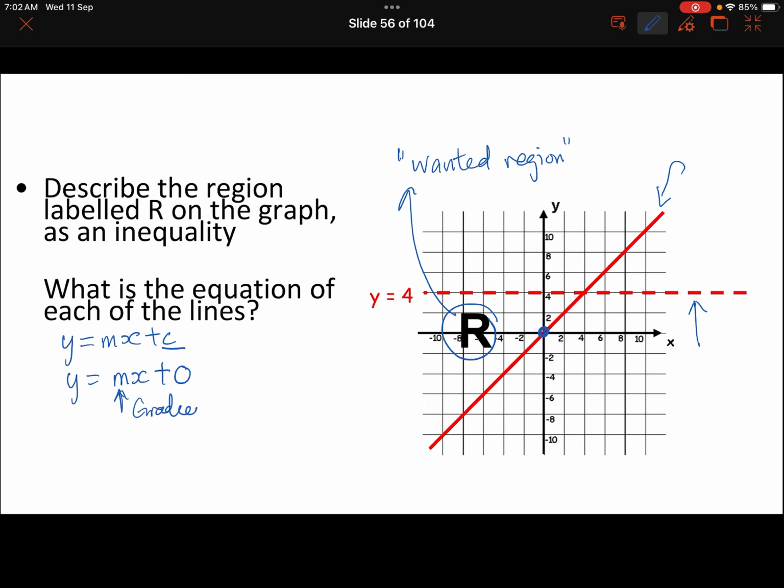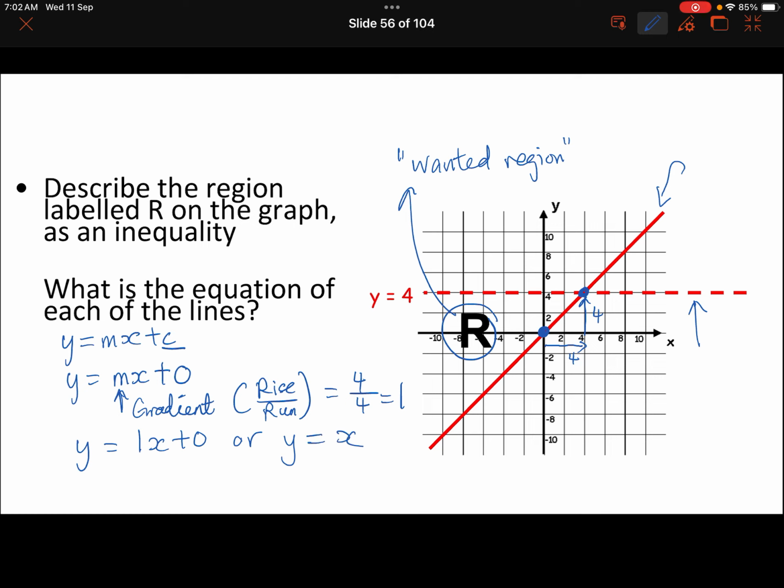We do know that the gradient is the same thing as finding the rise over run. If we have a point here, let's say we start off with this point from the y-intercept, and let's look at another point here. So we do know that the run is going to be 4 units, the rise is going to be 4 units, and generally the gradient is going to be 4 over 4, which gives me 1. So this is going to be y equal to 1x plus 0,